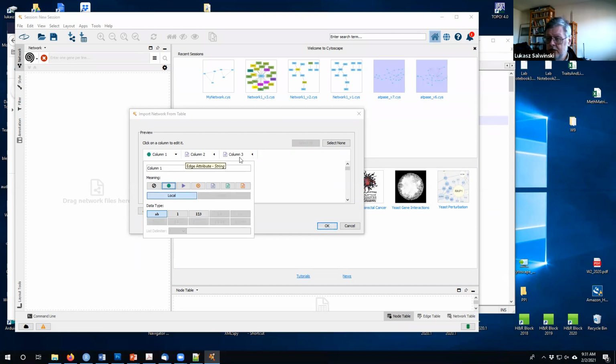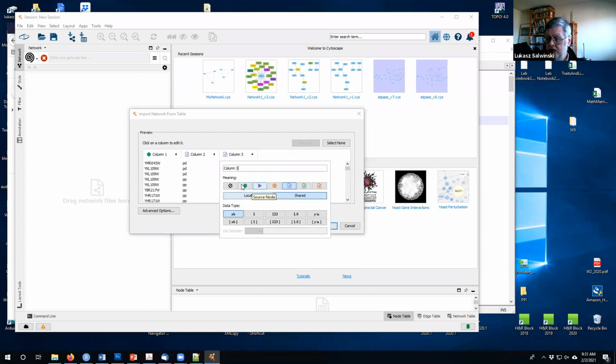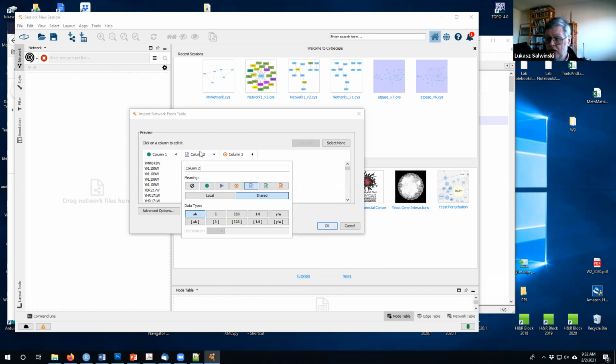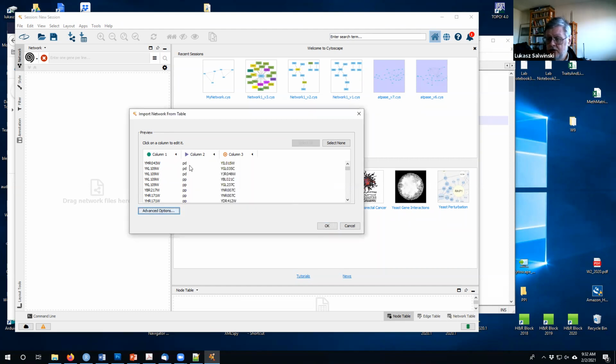We specify that the third column is the other end, the target node, the other end of the interaction. Column 2 is going to be our interaction type. Now we can just click on OK,